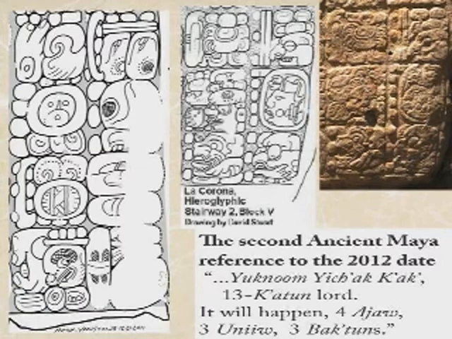So this date here is exactly the same as this date here. And then they tell us one thing. They don't tell us even the 4 glyphs that the Tortuguero monument says. And the one thing they tell us is 3 baktuns, which is to say 1,200 years. And what they're doing is arithmetic. They're saying that this date is 1,200 years after a date that was mentioned earlier in the inscription.